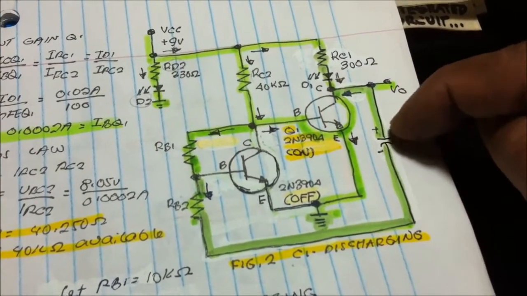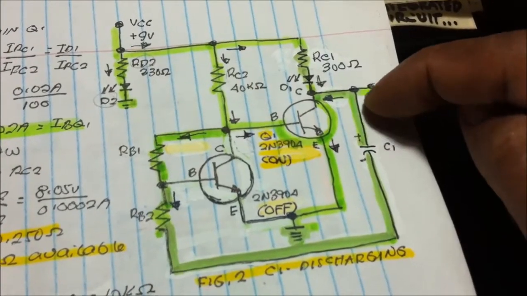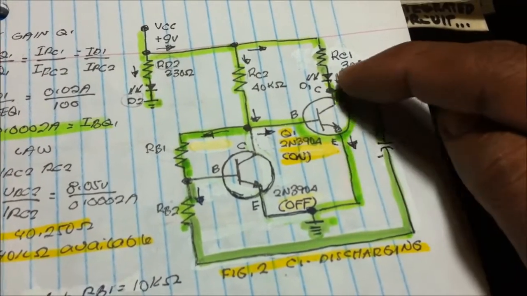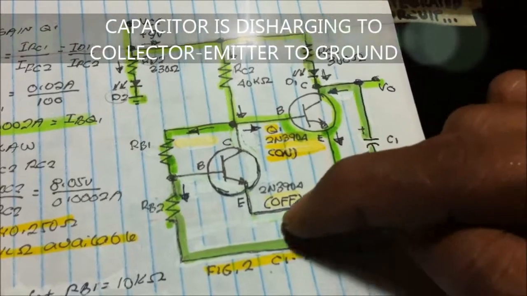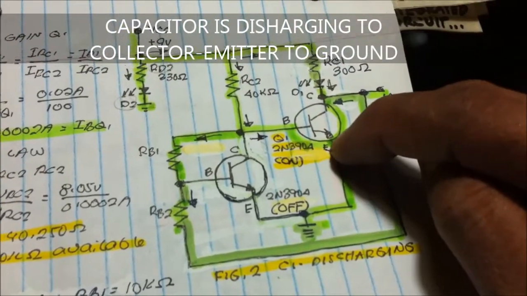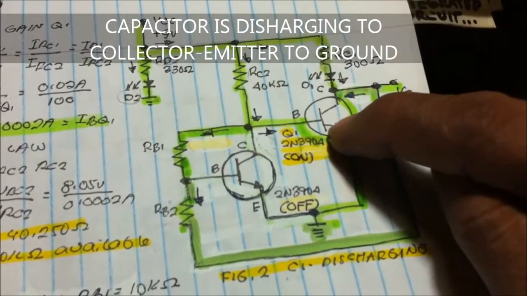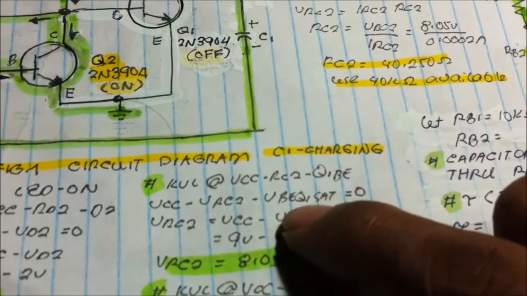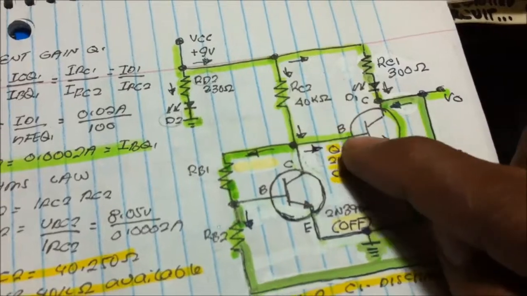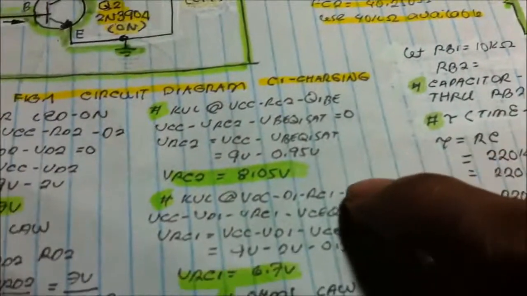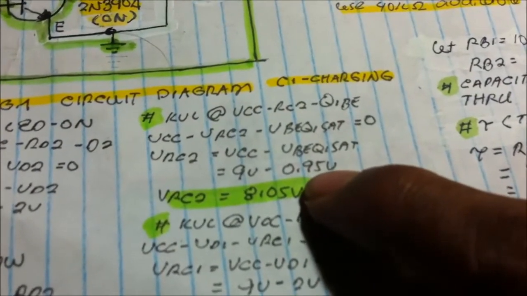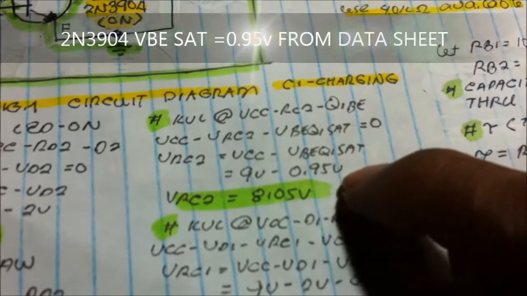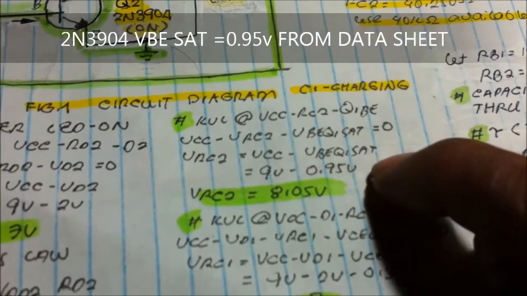At this time the capacitor is discharging, dumping its charges to the ground, making this transistor operate in saturation. So we get now the voltage drop at VCC minus VRC2, VBEQ1 saturation. And we know that in the datasheet of this 2N3904, 0.9 volts, voltage base to emitter at saturation,